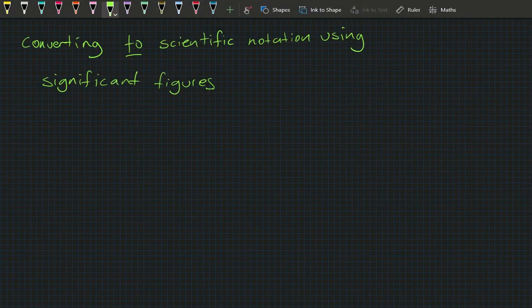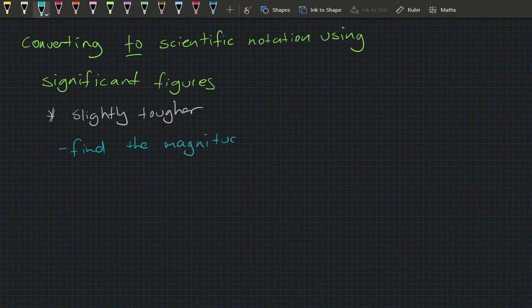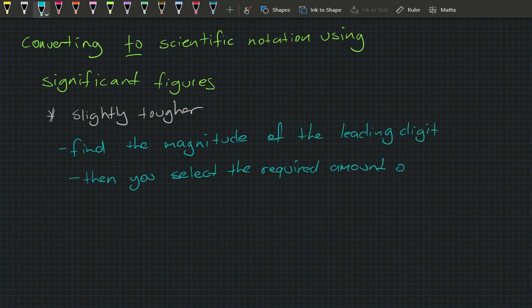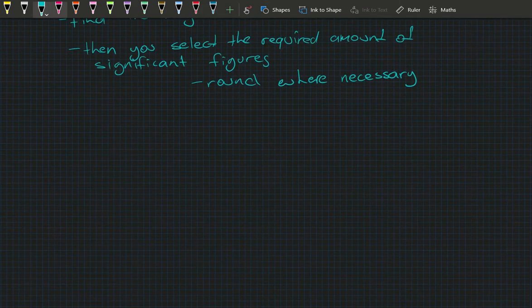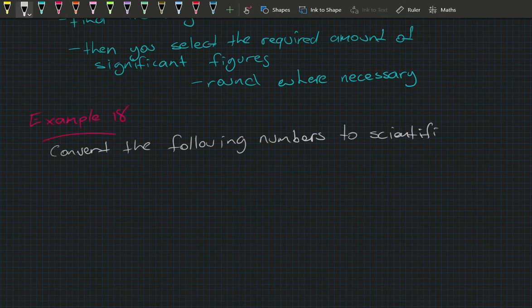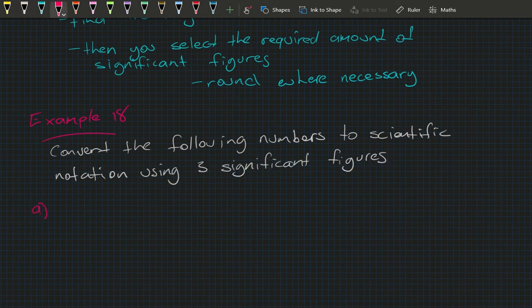In this section, we're going to be converting to scientific notation using significant figures. So this is slightly tougher, but if you remember from the introduction, you just need to find the magnitude of the leading digit and then you select the required amount of significant figures. This might occasionally require some rounding from you. Alright, so without further ado, in example 18, we're asked to convert the following numbers to scientific notation using 3 significant figures. In part A, the number is